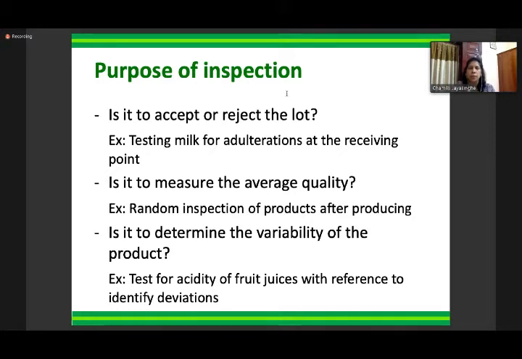In some situations, before you receive the milk from the milk bowsers for a company, we have to test the milk for adulteration at the receiving point. At that point, if the milk is adulterated, we are going to reject it. We are not going to accept it, right? And the same thing will happen at the milk collection centers, when the farmer brings the milk, their harvest, to the